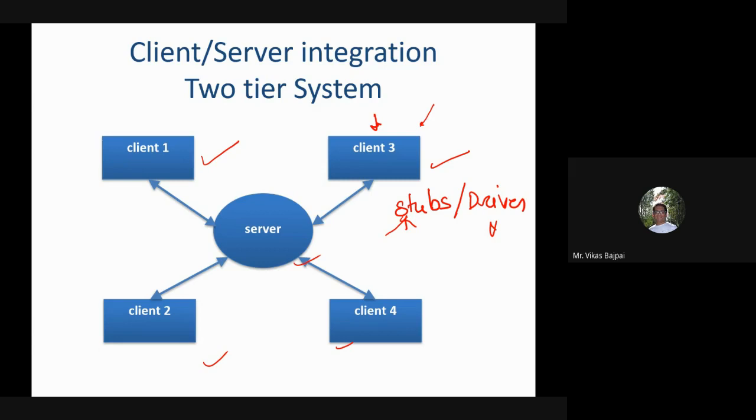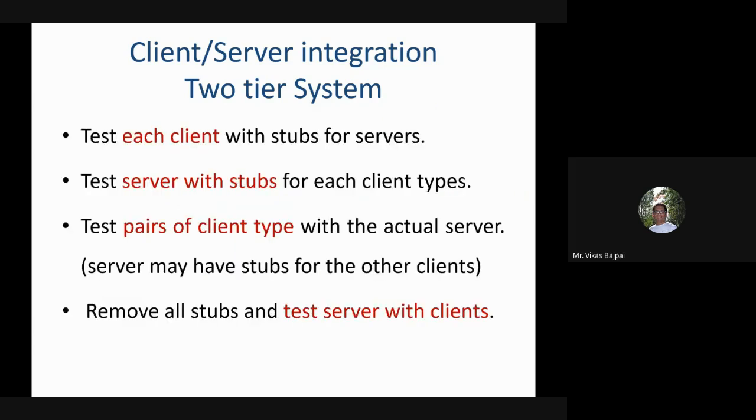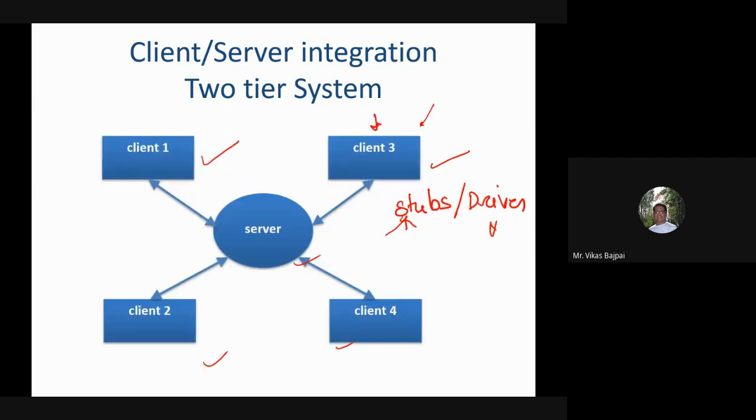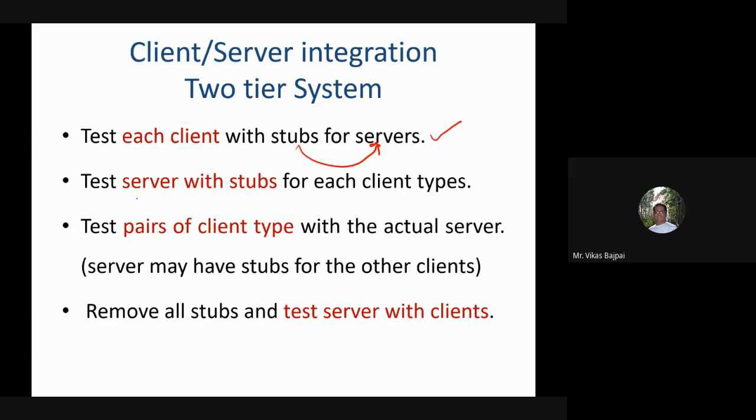Next, in case of client server integration, I can test each client with stubs for the server. That means the server is not ready, so I'll come up with a stub for it. Another possibility is to test the server with stubs for each client type, right?